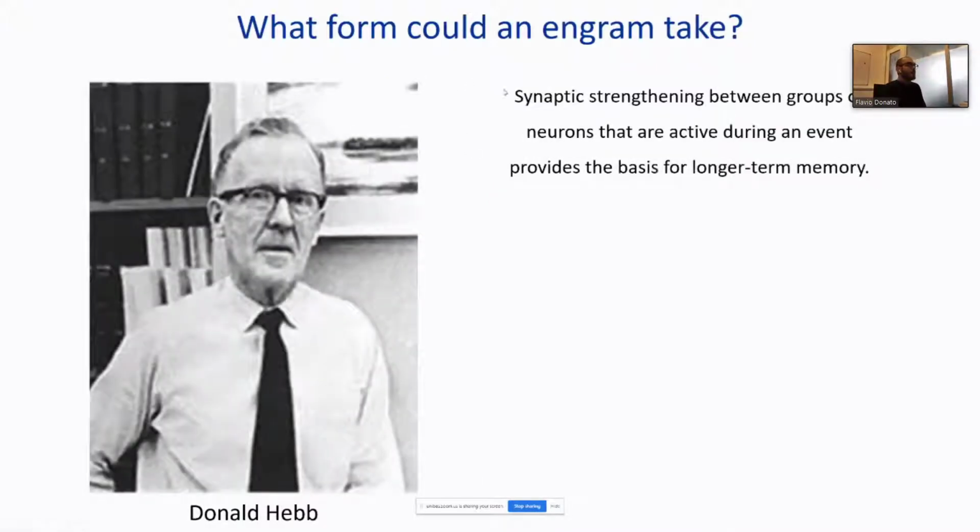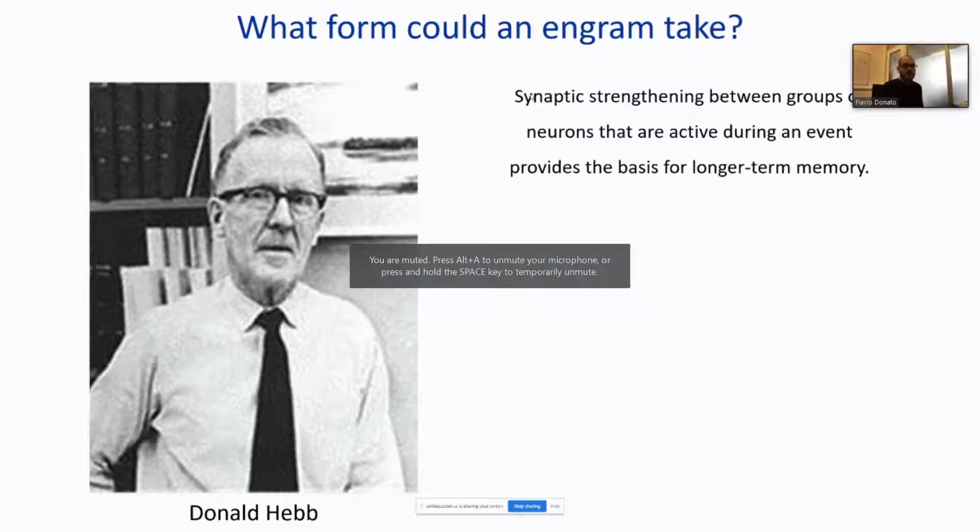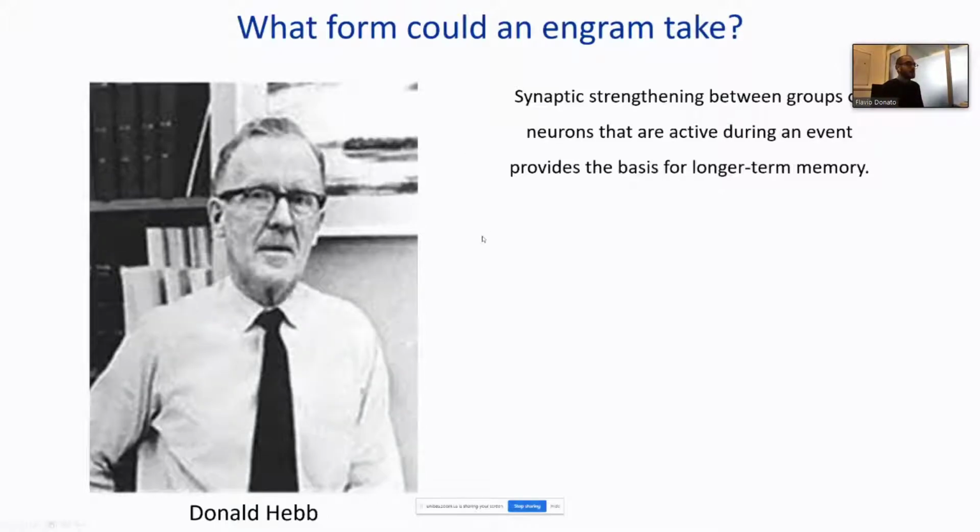Okay. One of the first people who really tackled the question, after Simon, of what form a memory and an engram could take in the brain is the beloved Donald Hebb, whom we already saw previously on Tuesday. In that treatise, published in 1949, The Organization of Behavior, he put forward the idea that if two cells fire at the same time, the connectivity between them can be strengthened.